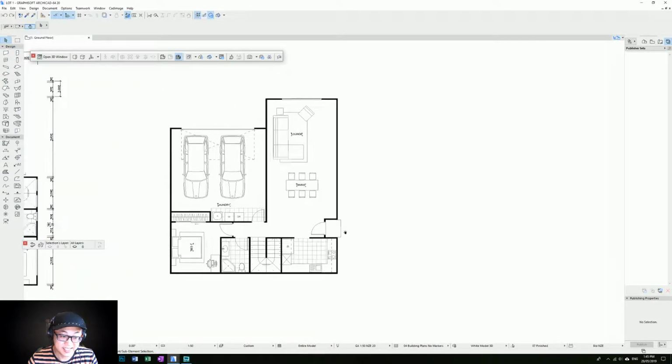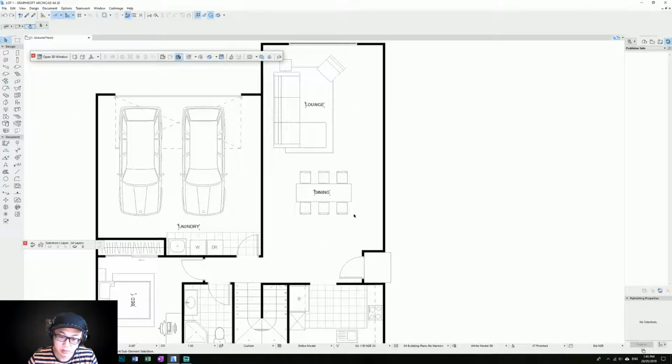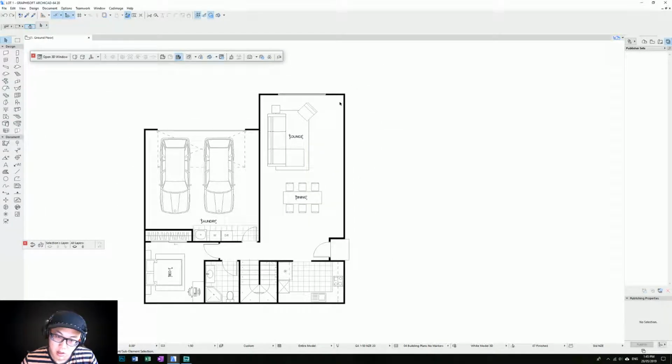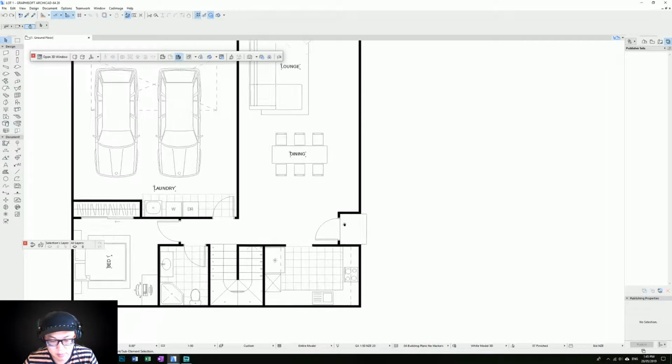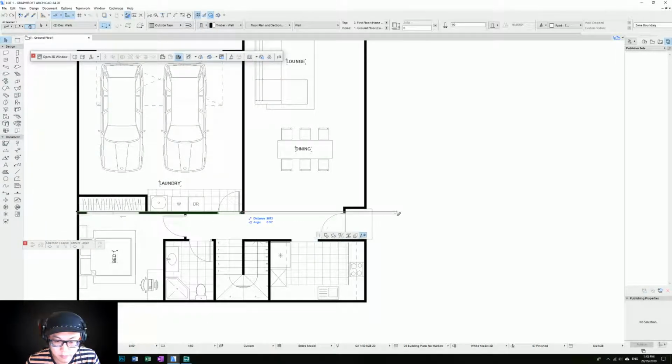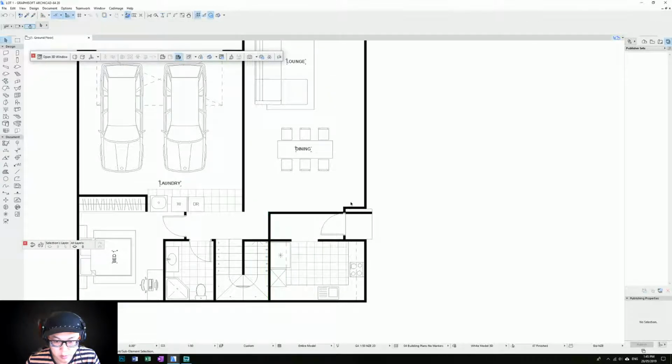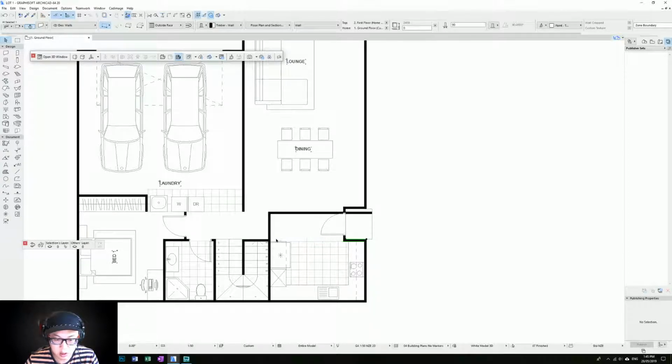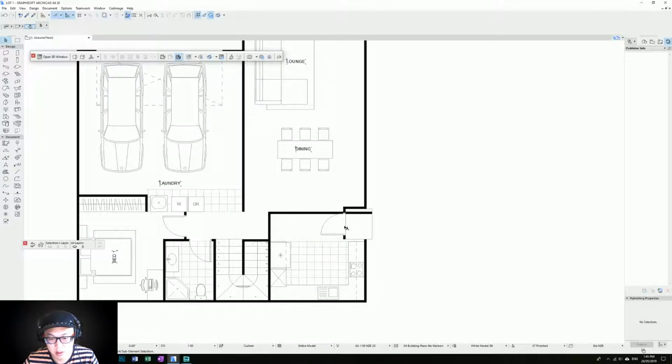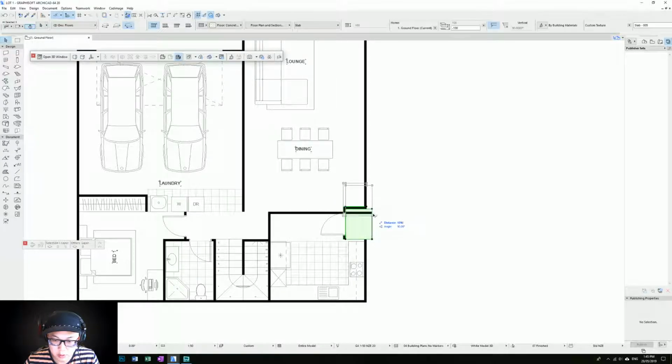Okay, I guess that's the entry. I guess I would like to make the kitchen a bit bigger. Because maybe I could have pulled that up and this as well, so that the entry is going to be more here and the kitchen is going to be bigger. So if I push that over to that side,